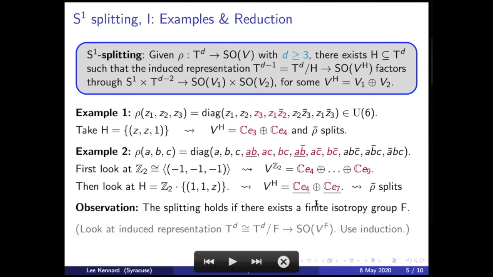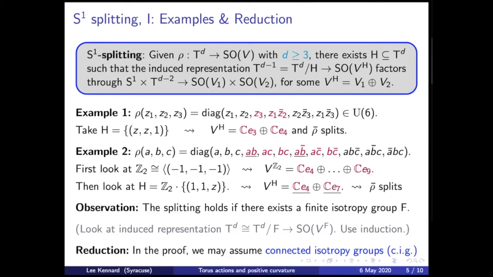It turns out, moreover, that if you have a disconnected isotropy group, such as this, it's a straightforward lemma that you also have a finite isotropy group. So just like in this example. So the point of this slide is that you can assume that all isotropy groups are connected. And this turned out to be a really strong property. I want to discuss this property a little bit.